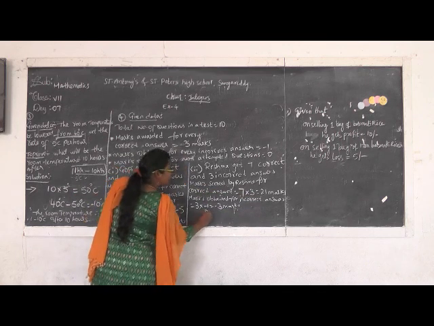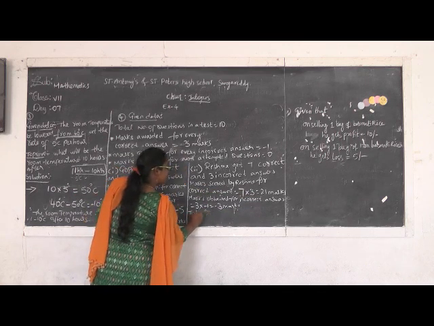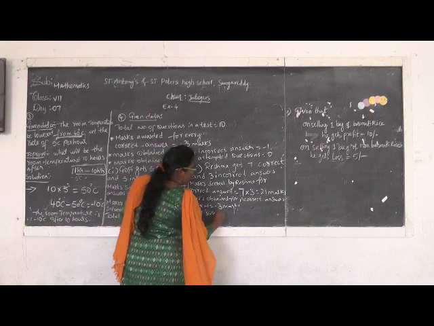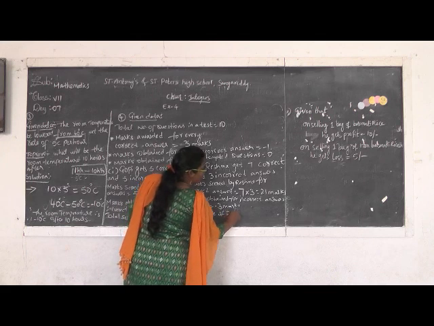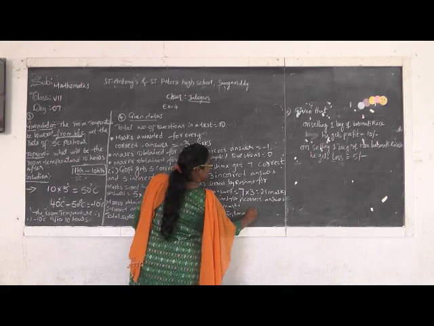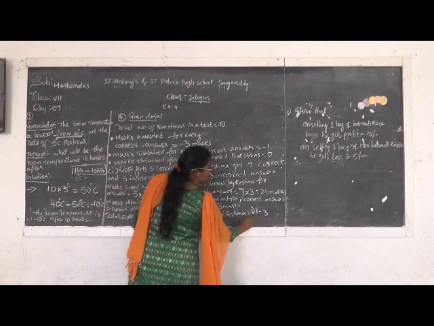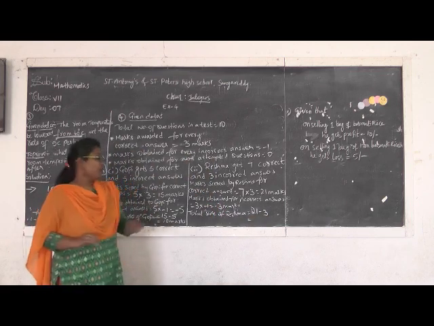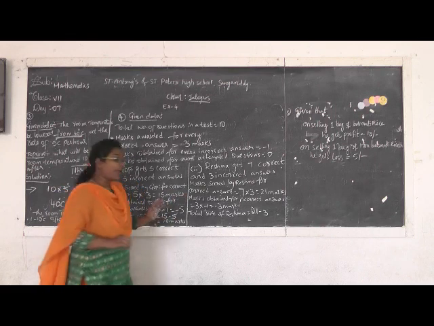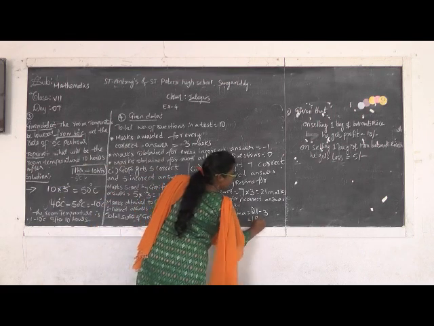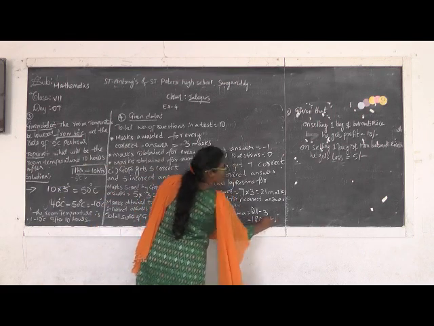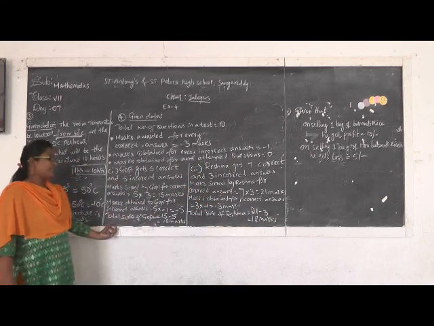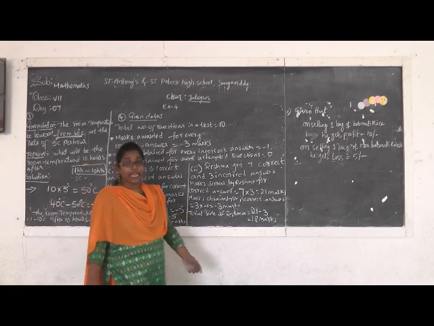So the total score of Reshma is equal to 21 minus 3. From the correct answer score, we have to subtract the incorrect answer score. So 21 minus 3, how many marks? 18 marks. So the total score of Reshma is nothing but 18 marks. Understand? The total score of Gopi is 10 marks. The total score of Reshma is 18 marks.